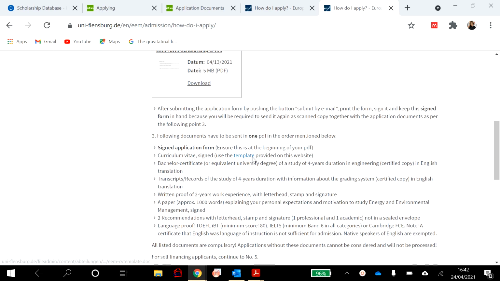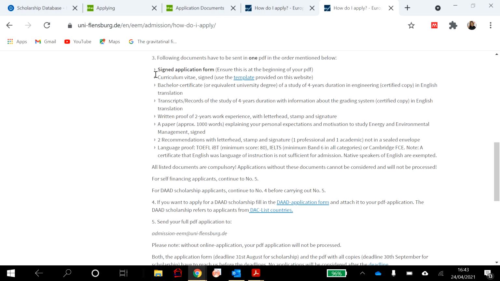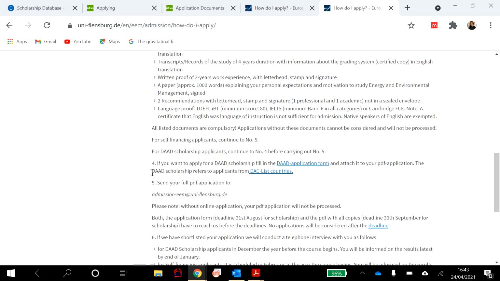I go down here, how do I apply? It gives me all of that and all the necessary things: sign the application form, ensure this is at the beginning of your PDF, a CV, bachelor certificate, transcript. Then, voila, it says that for DAAD scholarship applicants, continue to number 4 before carrying out number 5. So this is number 4. If you want to apply for the DAAD, fill in the application form which I explained earlier and attach it to your PDF application which contains all the necessary